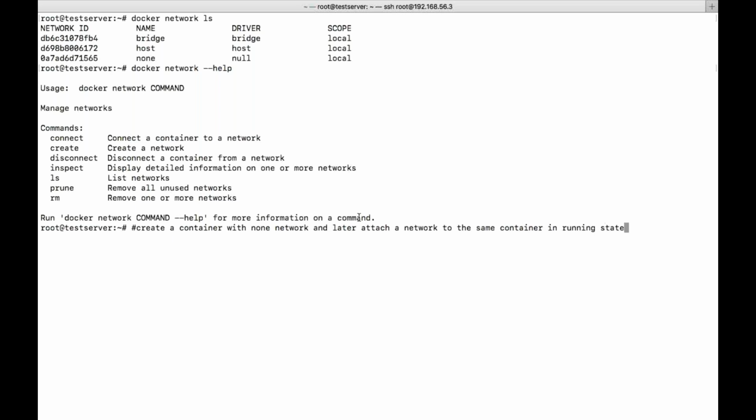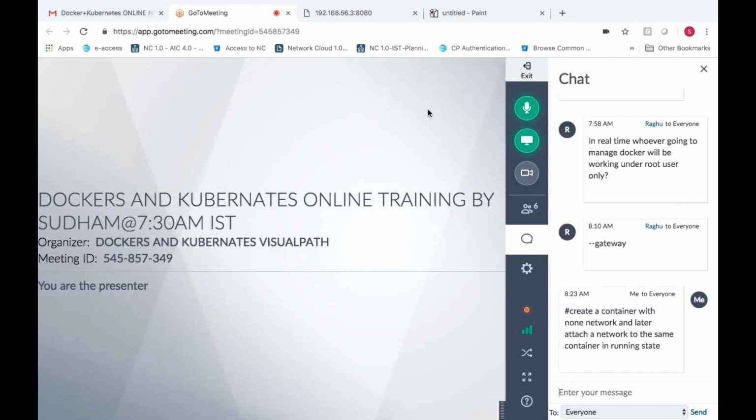Okay, this is the question. So try to resolve it. Create a container with none network, and later attach a new network to the same container in a running state. See whether you can do it or not.